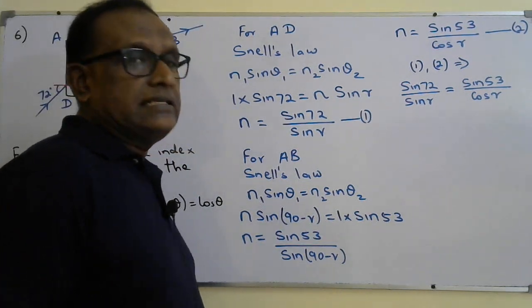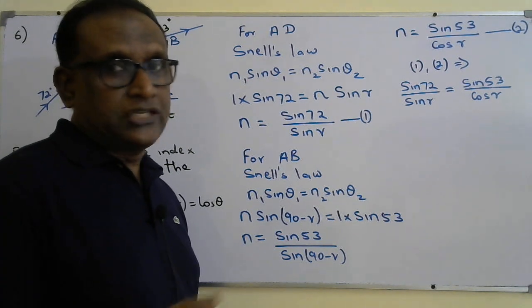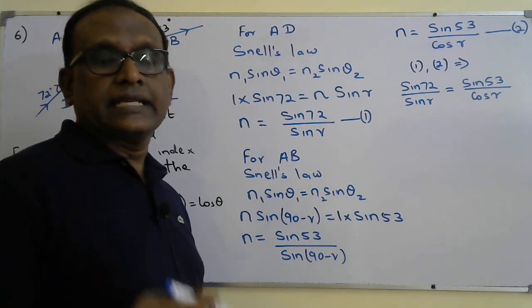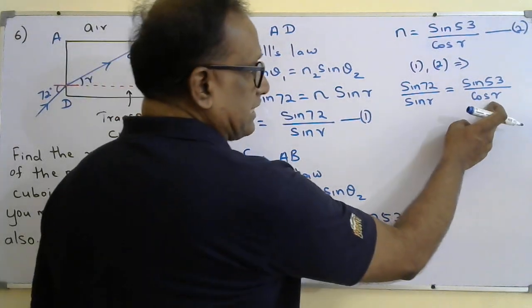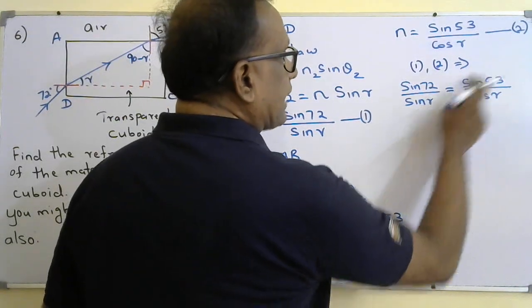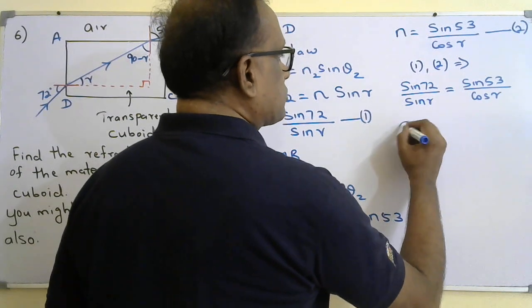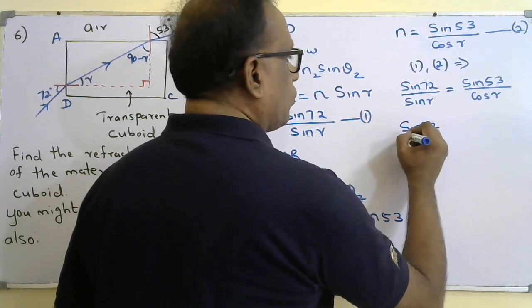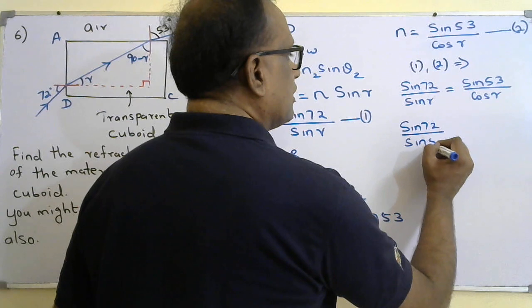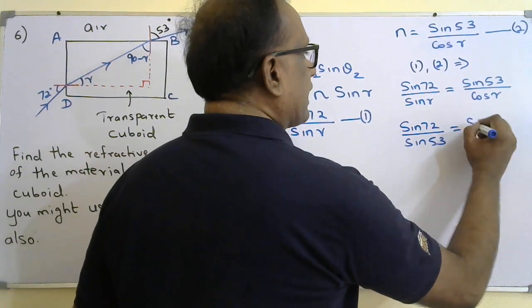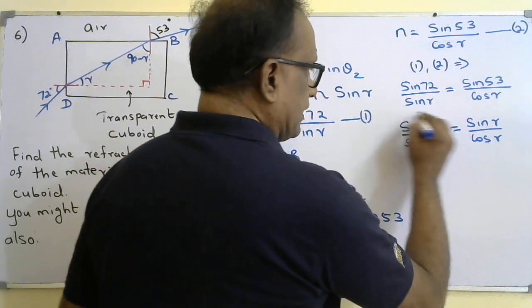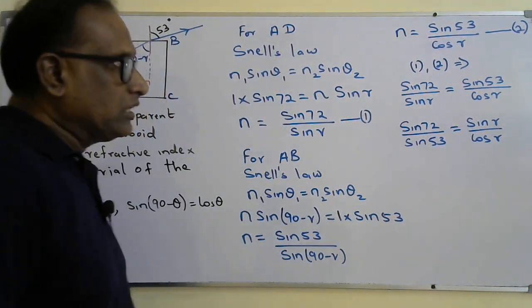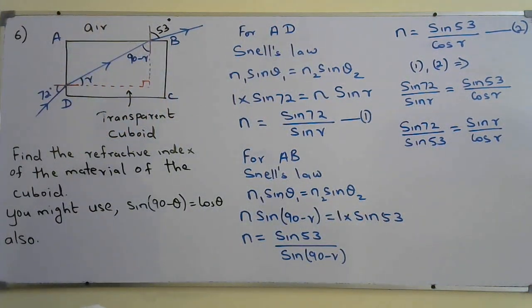We know sine theta over cos theta equals tan theta. We use that in unit 1, projectile, forces. So we'll rearrange this equation. Bring this sine up here, sine 53 here. So sine 72 over sine 53 is going to be sine r over cos r. You can find this from the calculator. You know the values of sine 72 and sine 53. If you solve that, you will get